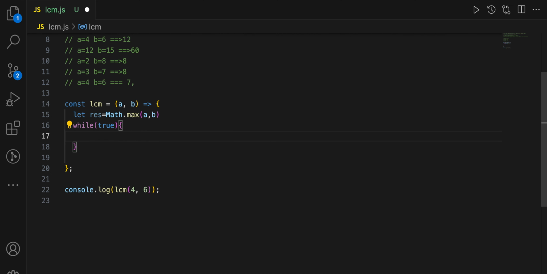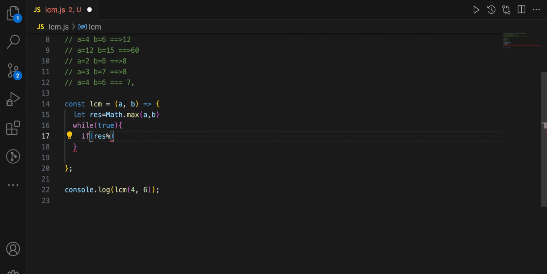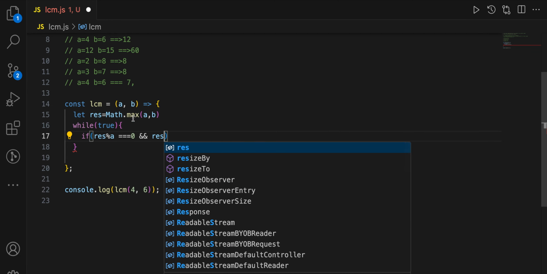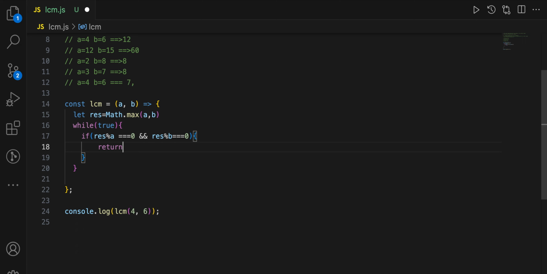We pass true here, so we do not get out of this loop until we return. If the condition is that the response modulus of A equals 0, and the response, which is the maximum of both, modulus of B equals 0,